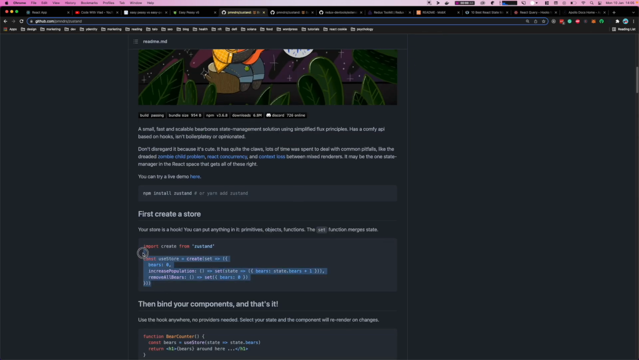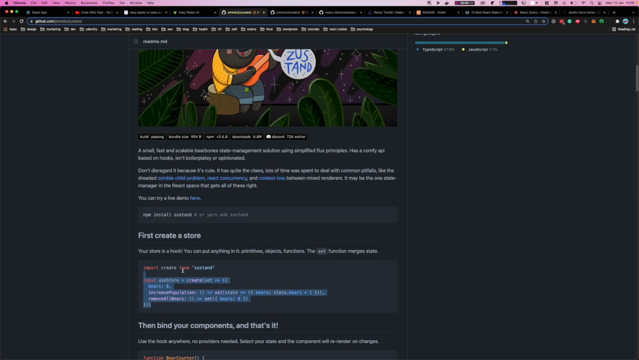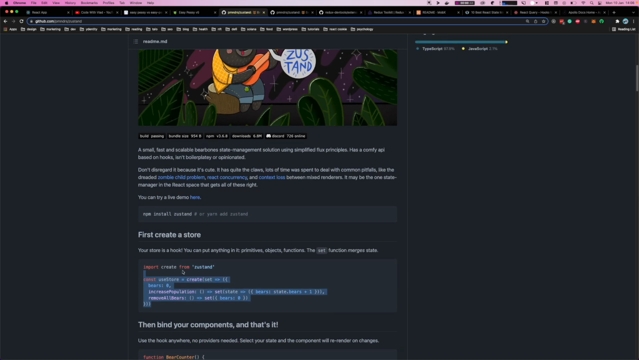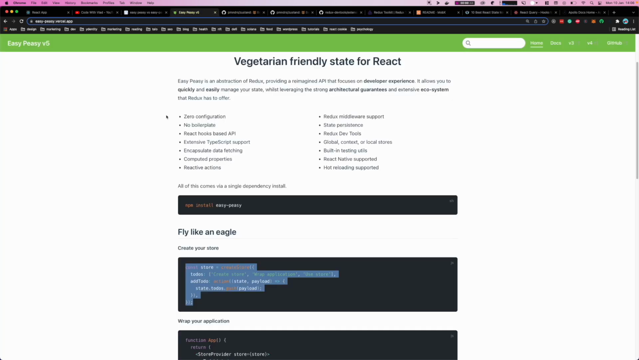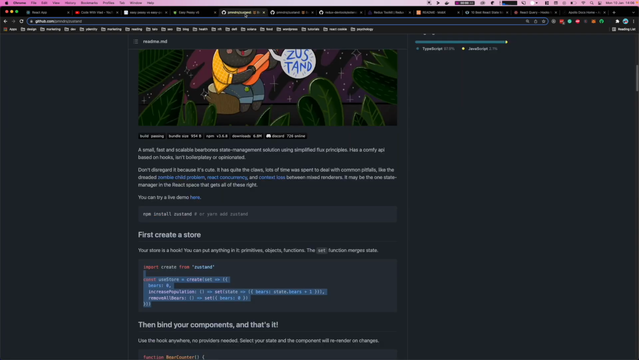Zustand does something similar. It also has an object, and it's simple, easy. The only two downsides of Zustand, well, first of all, if you're using Zustand, it's easy to start, but it's much more tricky to scale. While for Easy Peasy, it's a bit harder to start, but honestly, it's quite simple. But it's a bit more boilerplate. Just a bit, but it scales so well and it's so clean compared to Zustand, I think,